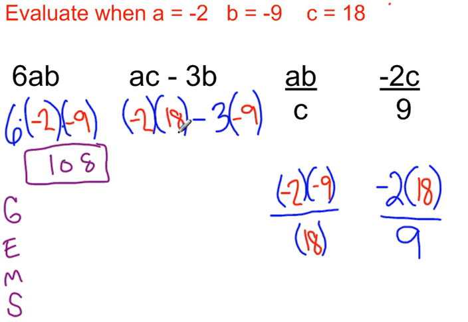Order of operations here says that I need to do this multiplication, and then I will subtract. How many negative signs right here? Just 1, so this is going to be a -36. And how many negative signs do you see right here? This negative actually belongs to this 3, so there's 2 negative signs, which means that this is going to be a positive